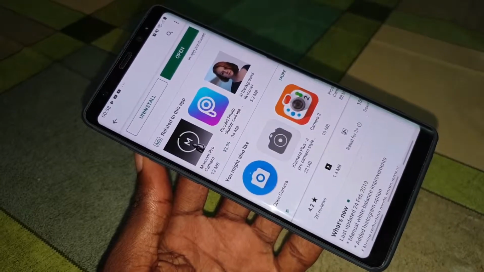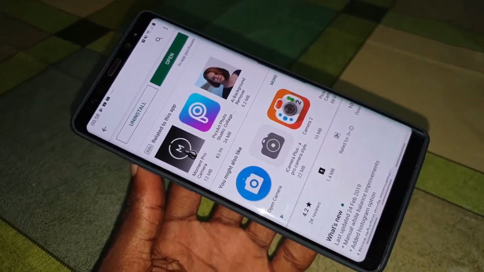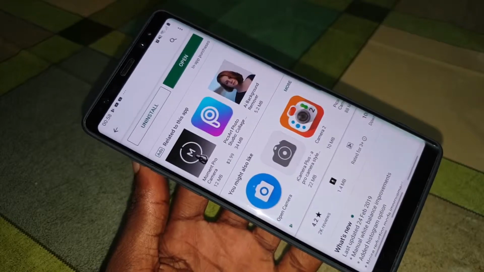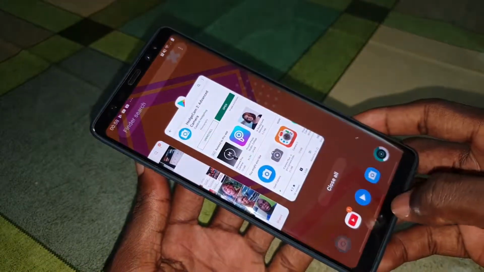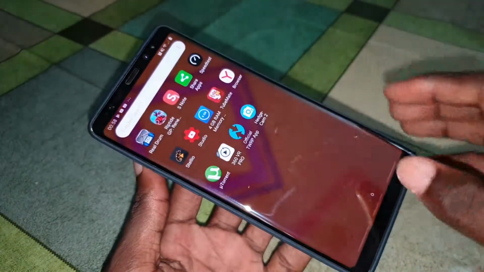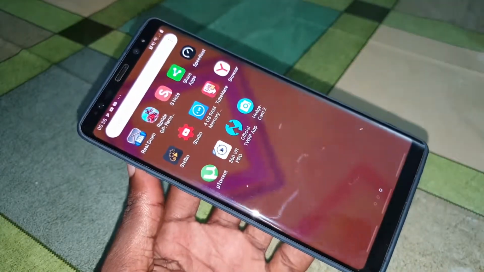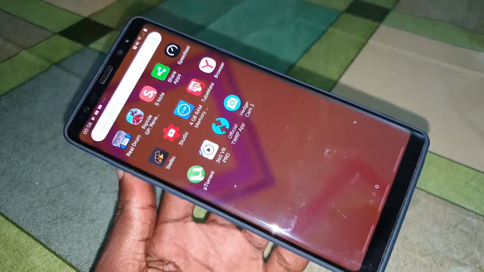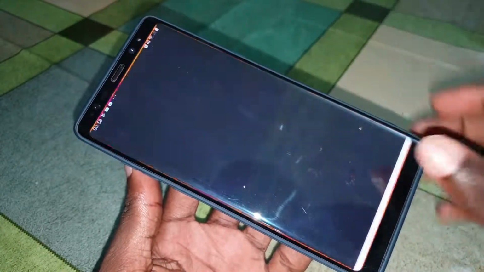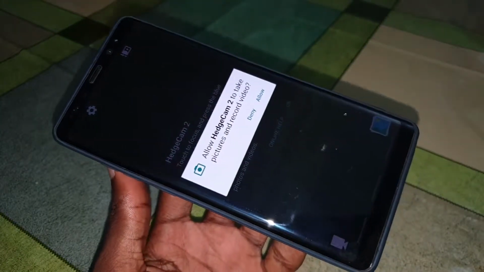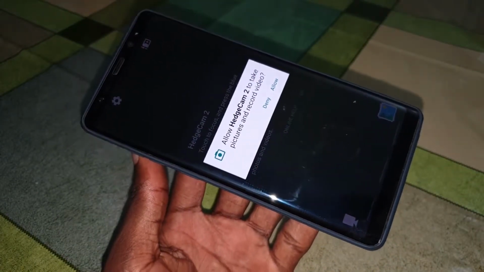Okay, wonderful, beautiful. Now when it's done, come here and localize your beautiful application here. Now open this and get ready to the first configuration.